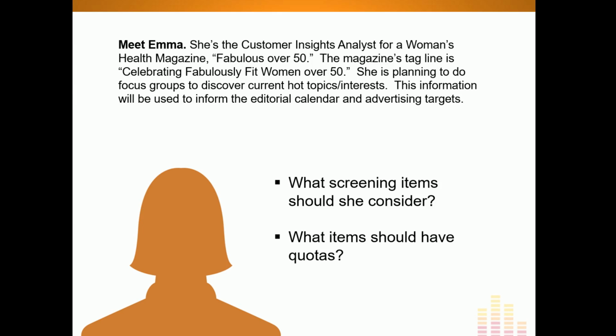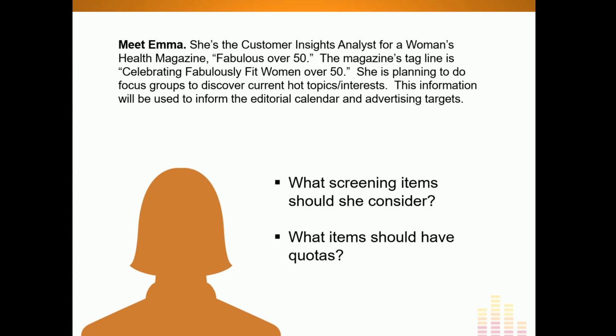In that case, she might want to say, well, I want to have a quota requirement. I want 20% to be runners. I want 20% to be walkers. I want 20% to be yoga enthusiasts, and so on. So there could be a few different ways that she gets at activity level. Although in this case, I would also caution not to go too far. That is, it's very possible that a magazine read by women over 50 who care about fitness includes an audience of people who aspire to fitness but don't necessarily participate currently. So we need to make sure she doesn't overscreen and end up really targeting only people who are the most enthusiastic exercisers who exercise frequently.